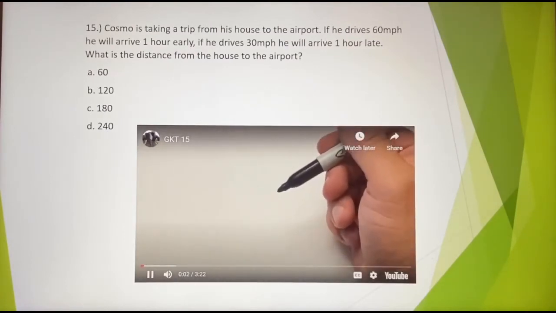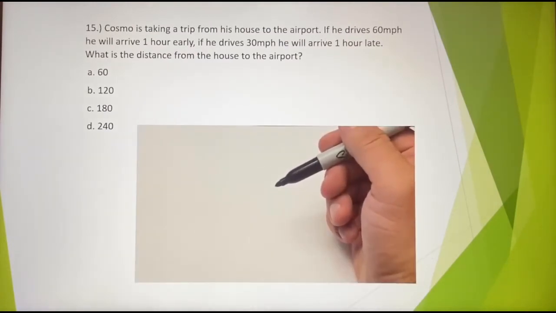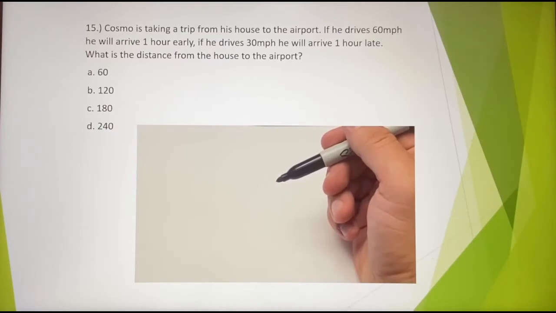Okay, Cosmo's taking a trip from his house to the airport. If he drives 60 miles per hour, then he'll arrive 1 hour early. And if he drives 30 miles per hour, he's going to arrive 1 hour late. What is the distance from the house to the airport? Okay, so